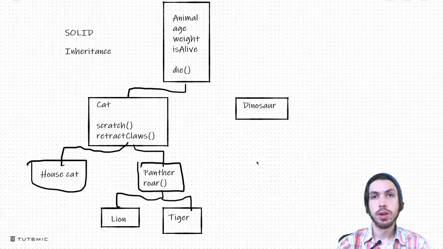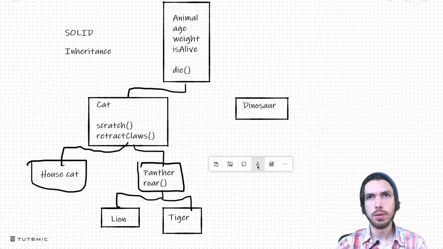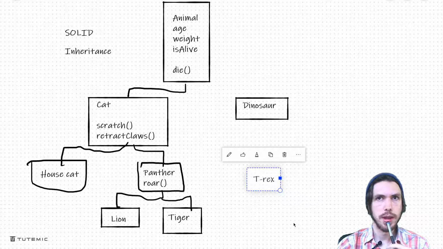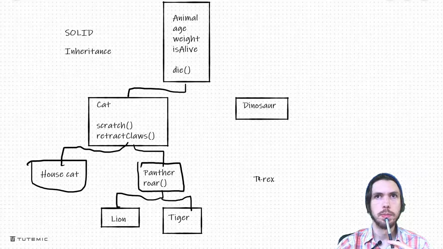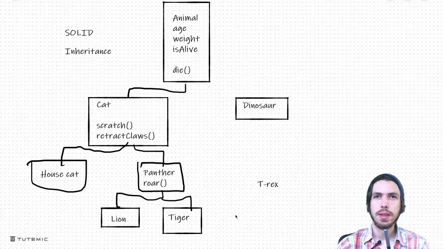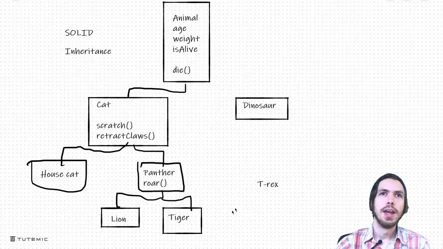No, but let's say that we want to create a T-Rex, right? Tyrannosaurus Rex. And here's the thing about the T-Rex, is the T-Rex is a dinosaur, but a T-Rex can roar, right? I think they proved that by using the Farmer's Almanac or something like that. The T-Rexes can roar, in fact,